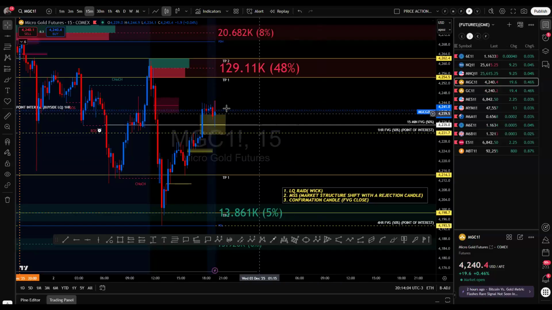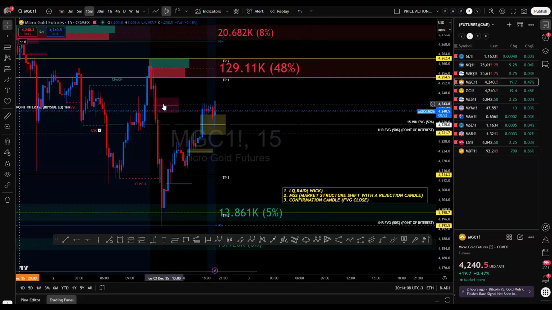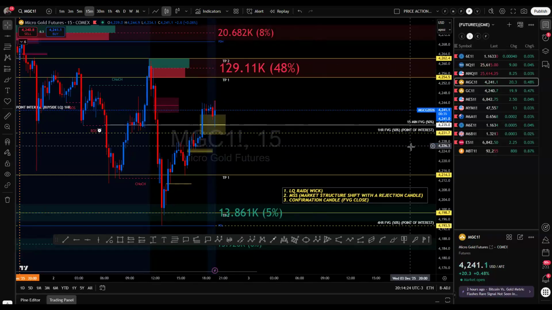We've got less than a minute. Now, this is a raid here as well on this fair value gap. So that's why we've got to wait to see if either this fair value gap gets invalidated completely or this one before we even consider entering it. So we're just going to have to wait. Just be patient. We'll see what the next candle does, and take it from there.